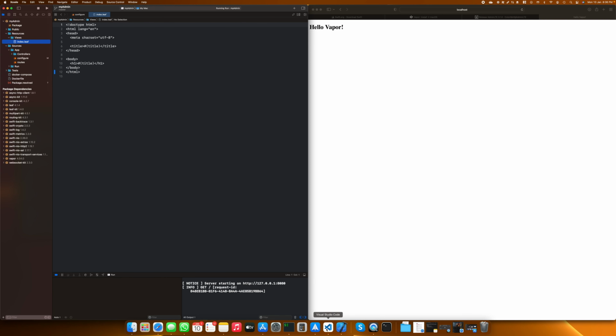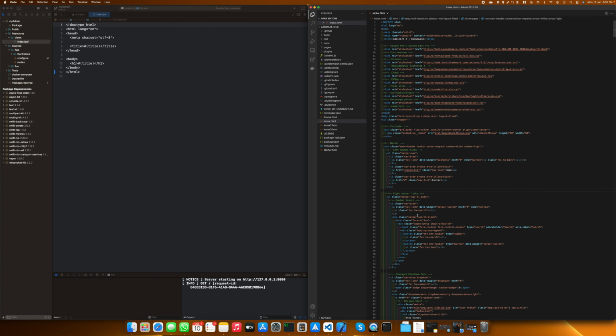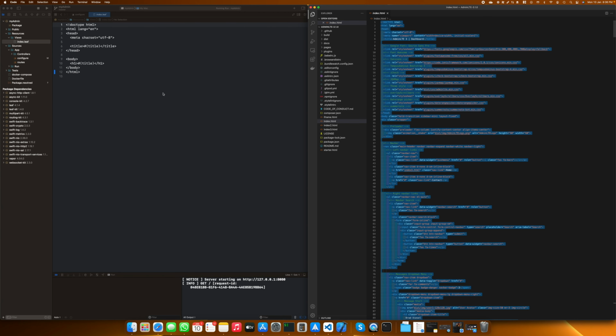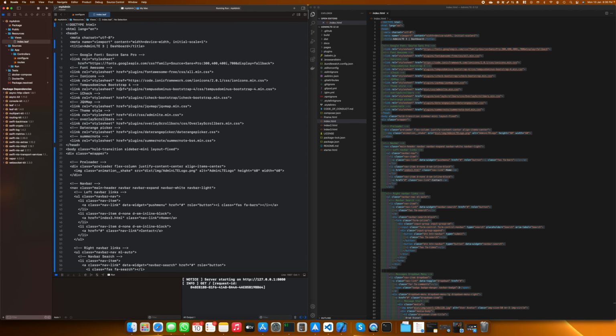All right, and you need this index.leaf file. You need to replace all of the contents with whichever index.html file or starter file you want to use. So I want to use index.html: Command A, copy, Command A, paste, and I save it. All right, once I've done that